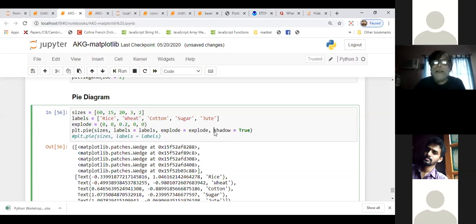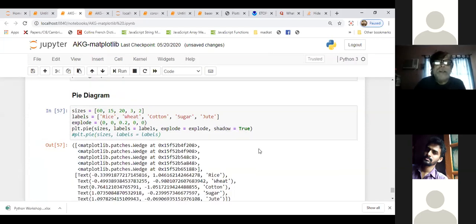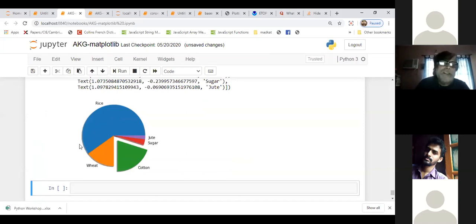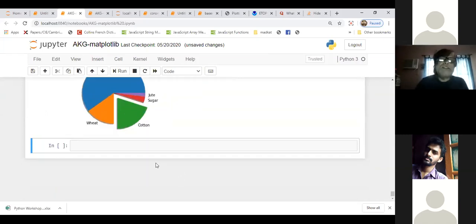Okay, and also you want to cast a shadow under that. If you run, there's a little shadow here. You can increase the shadow also, and this part is exploded. So this is the thing we showed on the previous day.